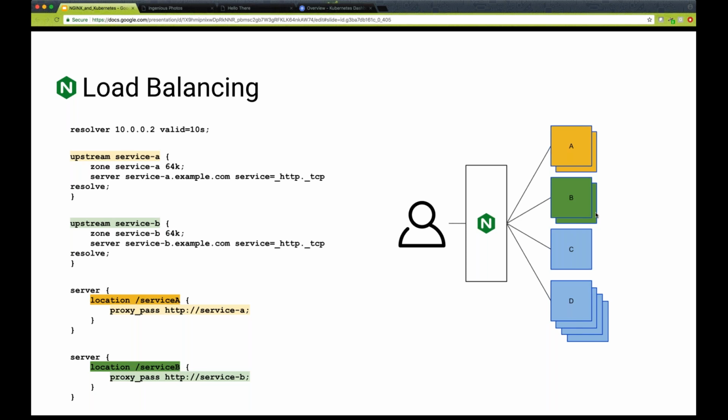They're not in the blocks, and in the upstream blocks is where we would normally put them. I didn't do that because I ran out of space. I could have used a smaller font, but that only just occurred to me now. So that being said, the load balancing algorithm that this particular configuration will use is round robin, which is the